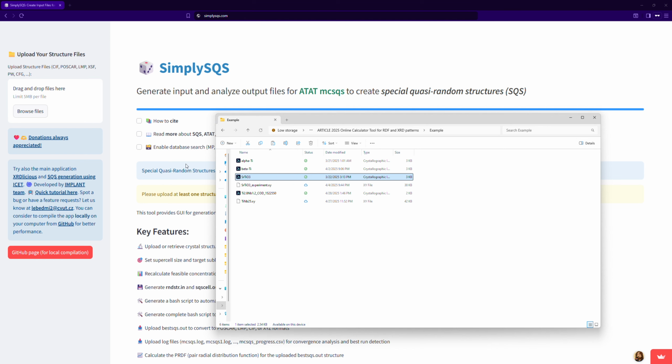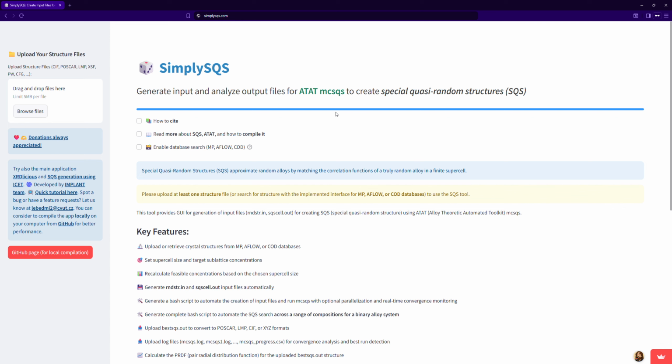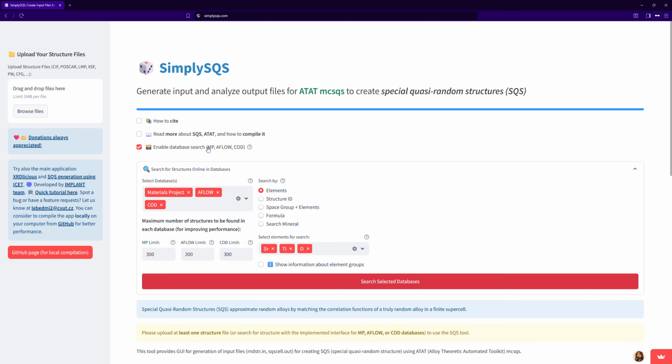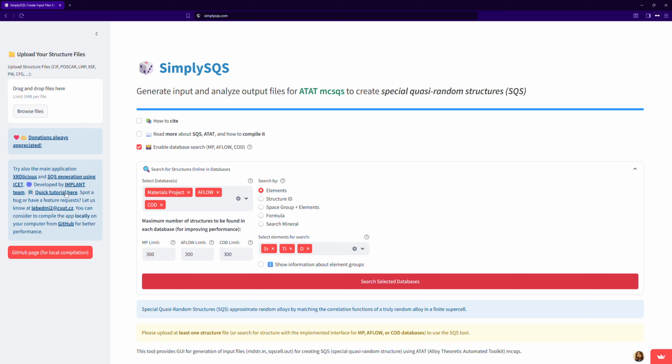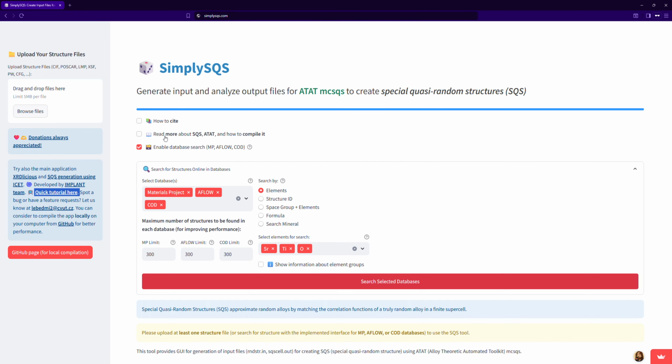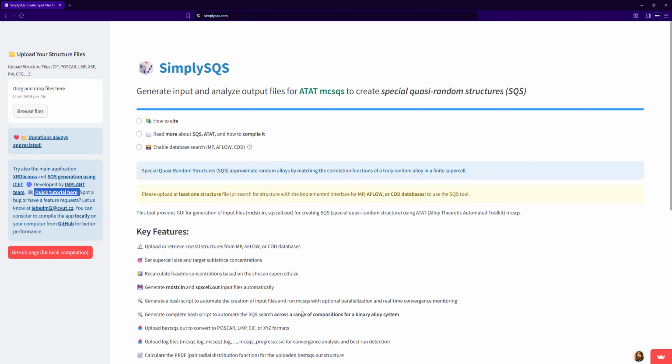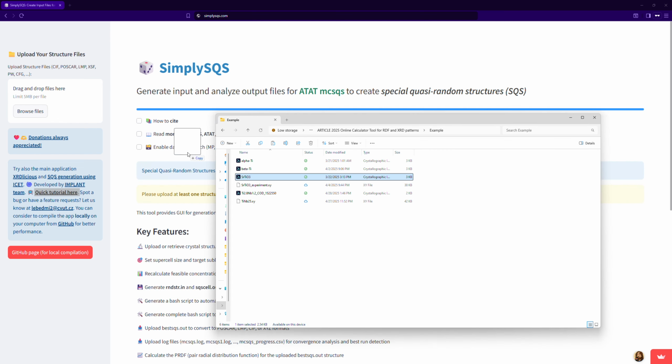If you don't have the initial structure, you can also search for it within this interface, which has three implemented search interfaces for three databases. You can see how I did this in my previous video illustrating this application, which you can find if you click on this link, and if I open it, you can see this caption. Okay, so I will not use this option now. I will simply upload the structure,